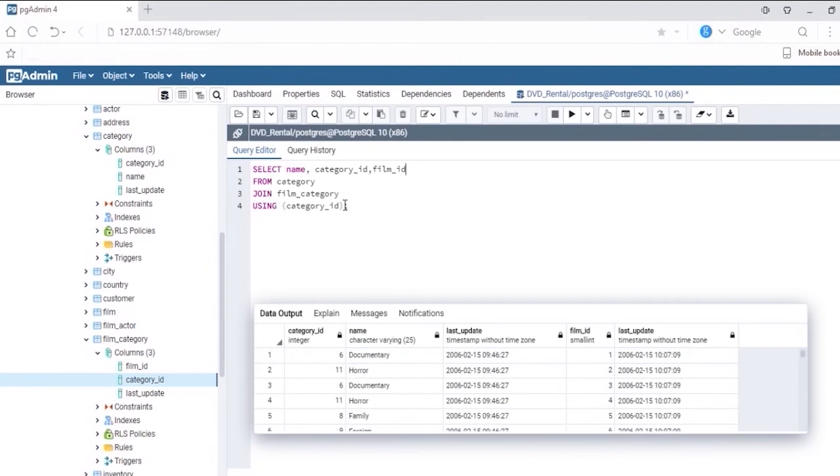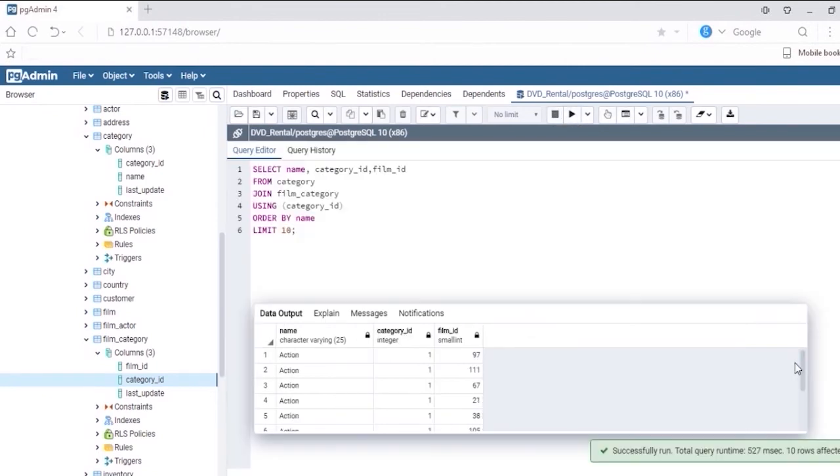From category using this and order by, we'll order it by suppose name, and we can also limit it up to 10. Only 10 rows we can see. So if we execute this,